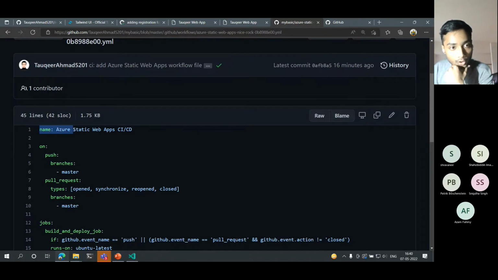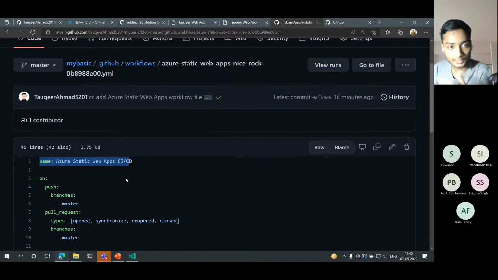What is the name of the action which you are creating? It's Azure Static Web App CI/CD. Simply telling you that it is a static web app from Azure, and it will work along with CI/CD, continuous integration and continuous delivery. Just like a CDN itself, or the software update itself, the time we update a particular